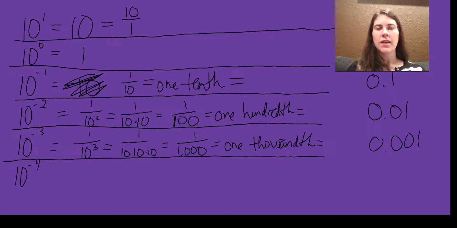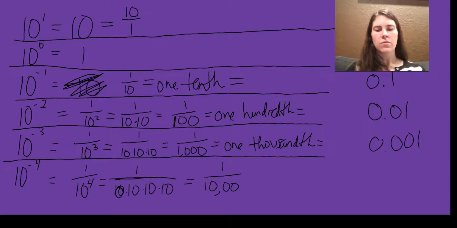All right, the last one I'm going to do right now is 10 to the negative fourth power. In other words, 1 over 10 to the fourth, 1 over 10 times 10 times 10 times 10, is 1 over 10,000. That is 1/10,000th. In decimals,